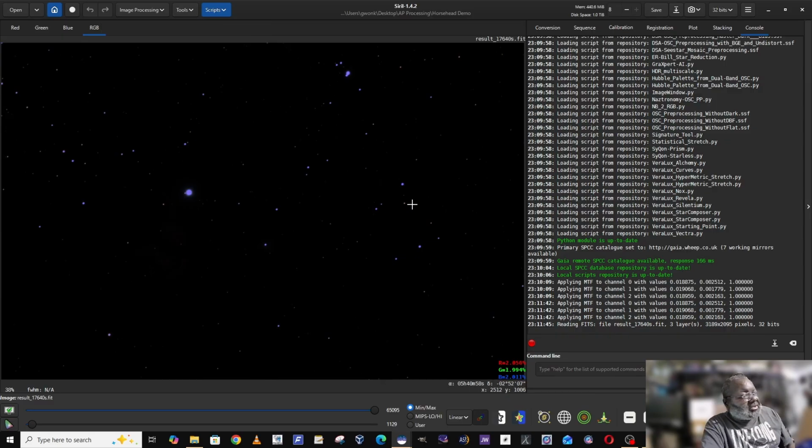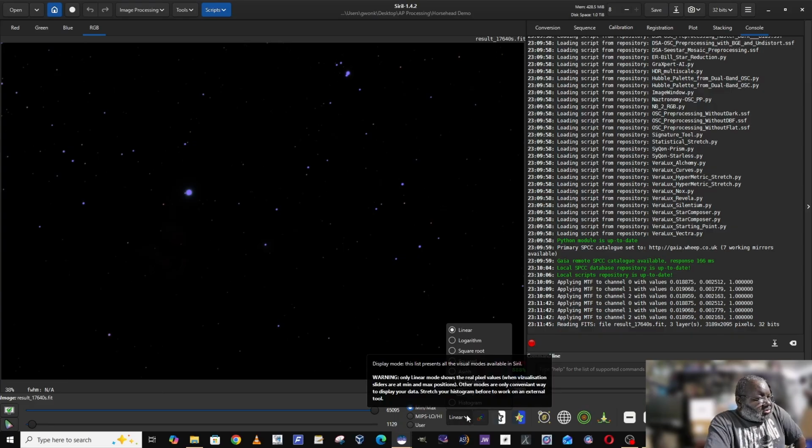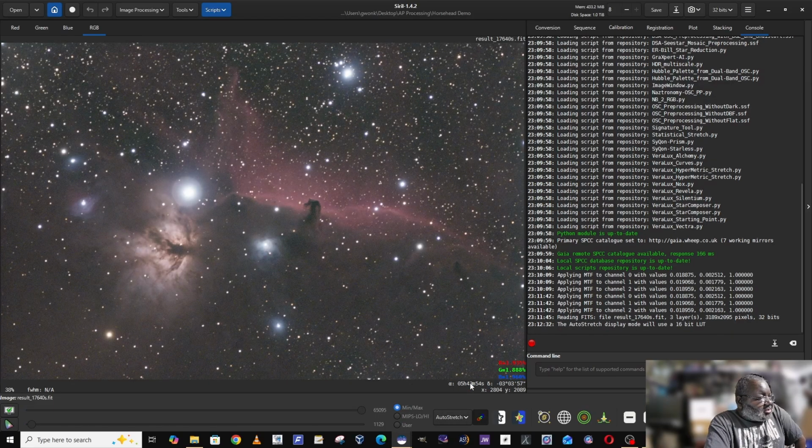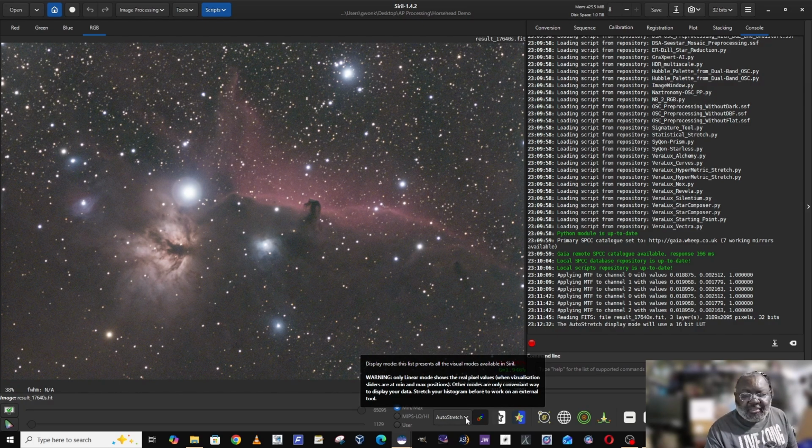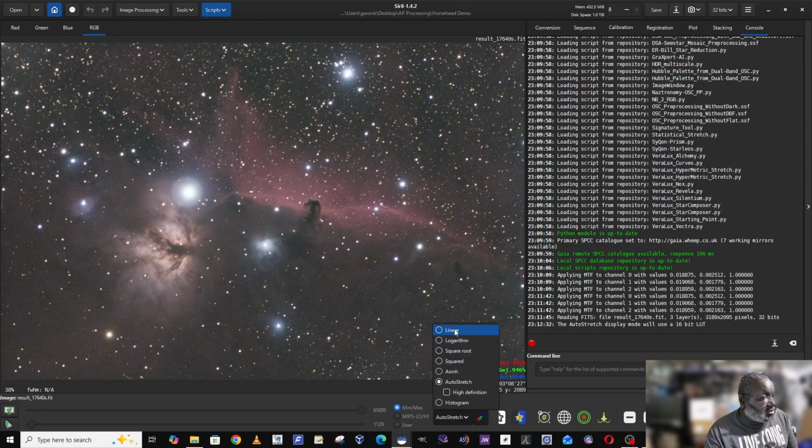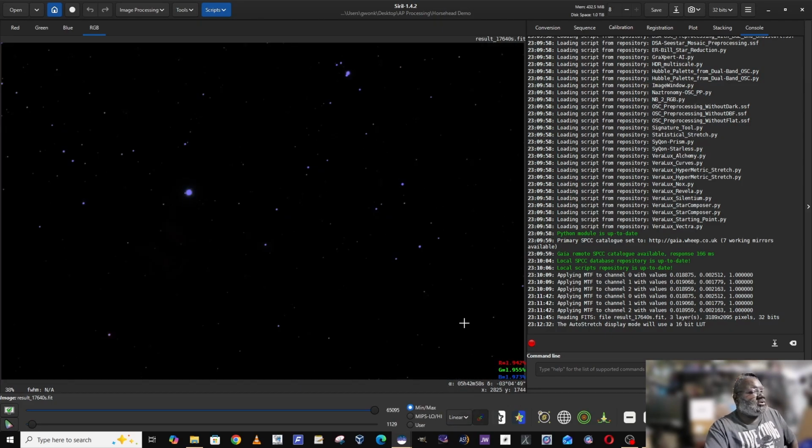So to start with, we have the image here, and all we can basically see is just some stars. But if we use the auto stretch function, we can get a better idea of some of the underlying data once it's actually processed out. But I feel like we can definitely do better than what we have here. So to start with, let's go back to the linear format,